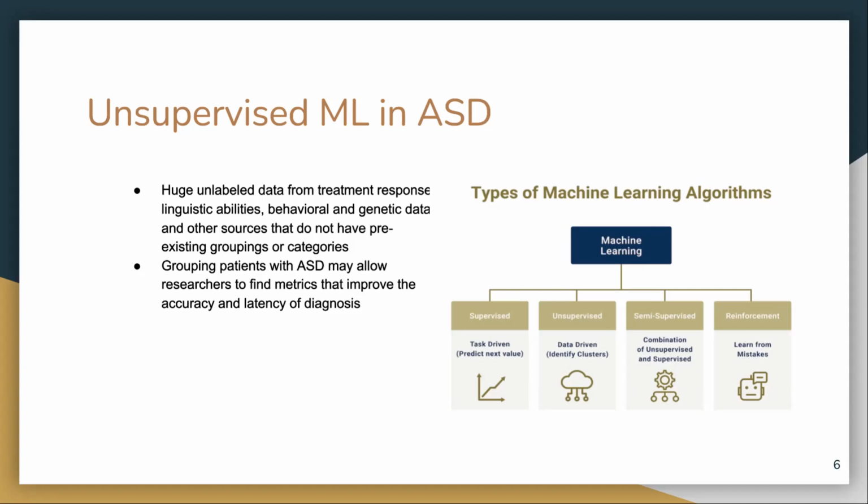structure in data. Large amounts of autism spectrum disorder data are created through hospitals, therapy centers, and mobile applications. However, much of this rich data does not have pre-existing classes or labels. Huge amounts of genetic and behavioral data that are collected as a part of scientific studies or as a part of treatment can provide a deeper insight into both diagnosis and treatment of autism.